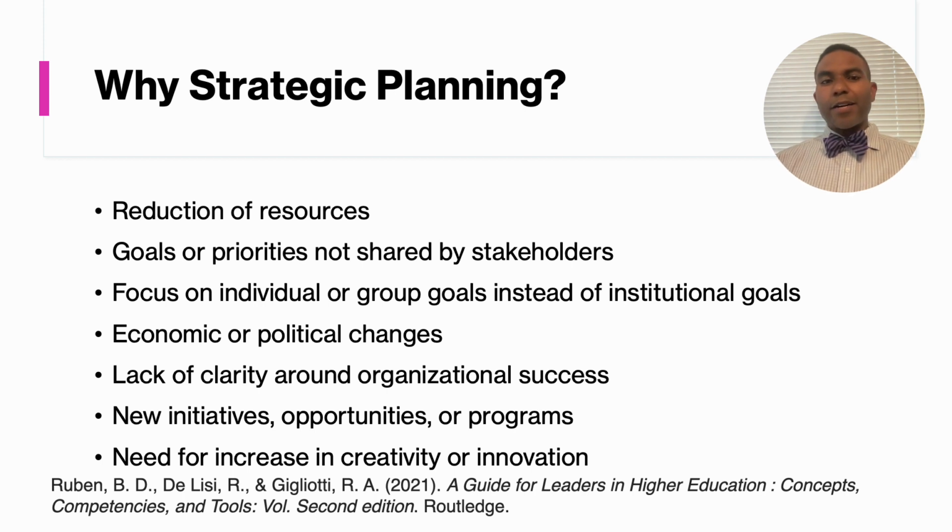So, lack of clarity around organizational success. If the people in enrollment management or external operations or student engagement don't know what success looks like, they're going to have a hard time achieving it, right? So employees want to know, what does it mean to win? What does it mean if I help the organization succeed? What do I have to do in order to do that? If I need to do certain things to be successful at my job and to meet or exceed expectations, what are the things that you need me to do?